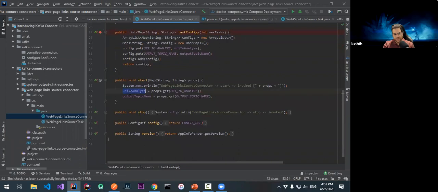So I'm copying the URI to analyze, the web page that I want to crawl, and the name of the output topic, which you'll see how I mention it, how I'm telling the worker where to write, in which topic to write the data. We'll see it in the task. And in the stop method,